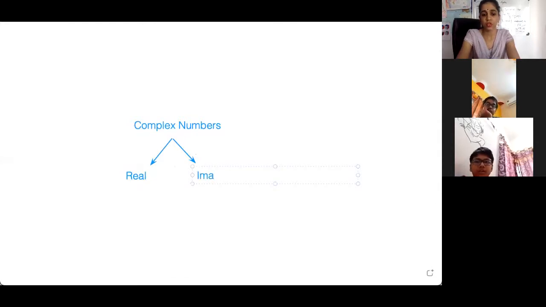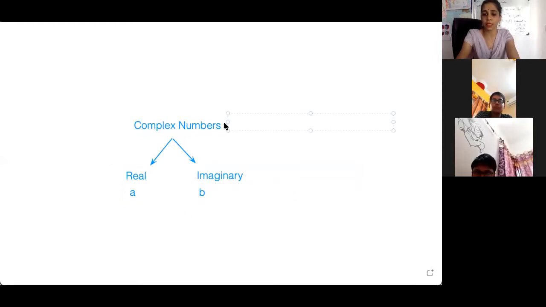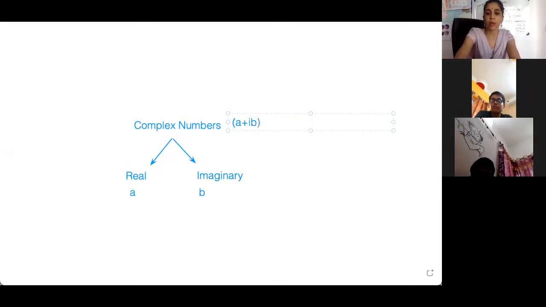So according to the equation which we were using, real was a and imaginary was b. For now let me write b. I will write imaginary is b. Now the proper complex number will be in brackets a plus ib. I have told you that in complex numbers, i is used and j notation is also used, so any notation you can follow, a plus ib. Am I clear with this?